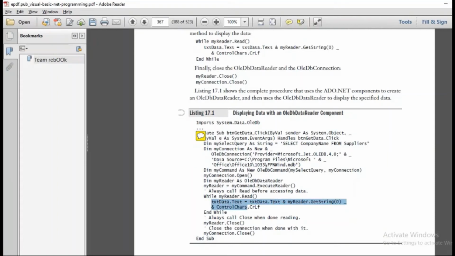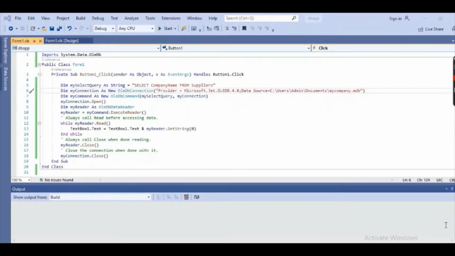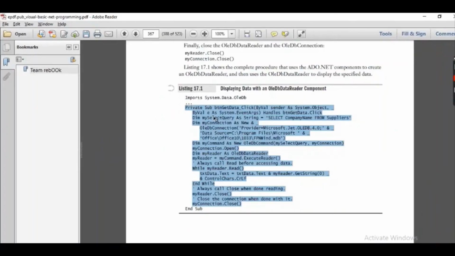So always you have to read the data before accessing the data. So we are going to run this code as well. Copy paste the code that I had, which I've already explained. Just take care that Imports System.Data.OleDb should be the first statement, and inside this we have to use our own Button1_Click.